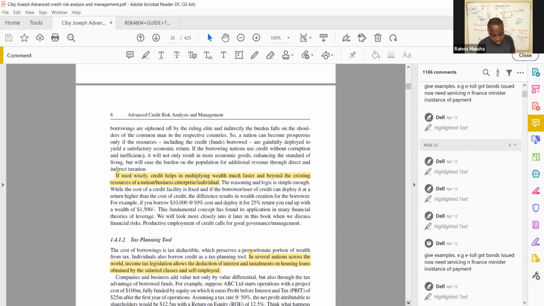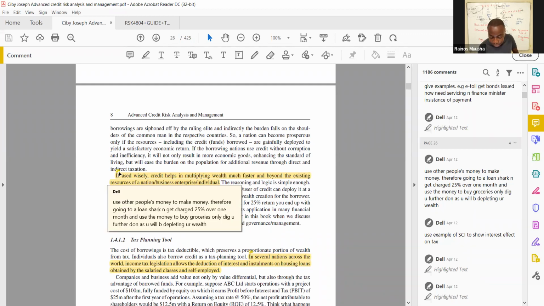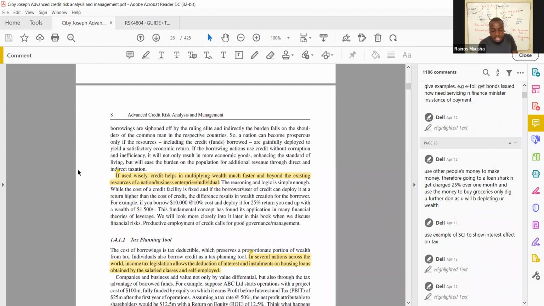Then, so here they say, if used wisely, credit helps in multiplying the wealth much faster and beyond the resources of a nation or business enterprise or individual. So here they say, we are basically saying, when you look at the use of credit,